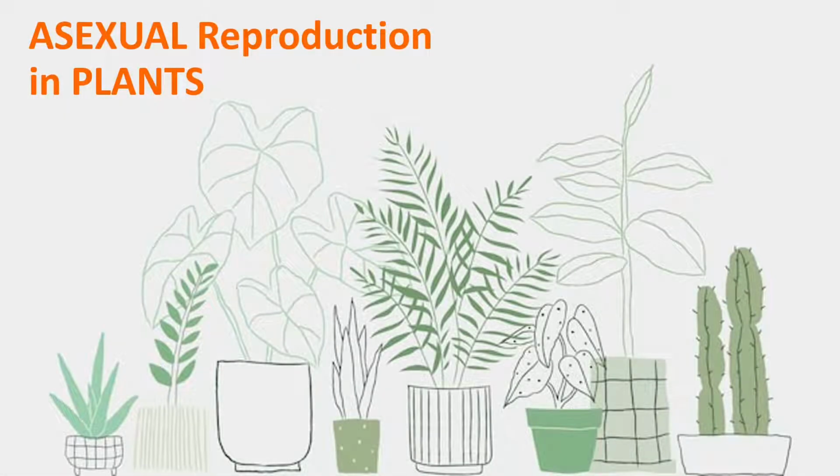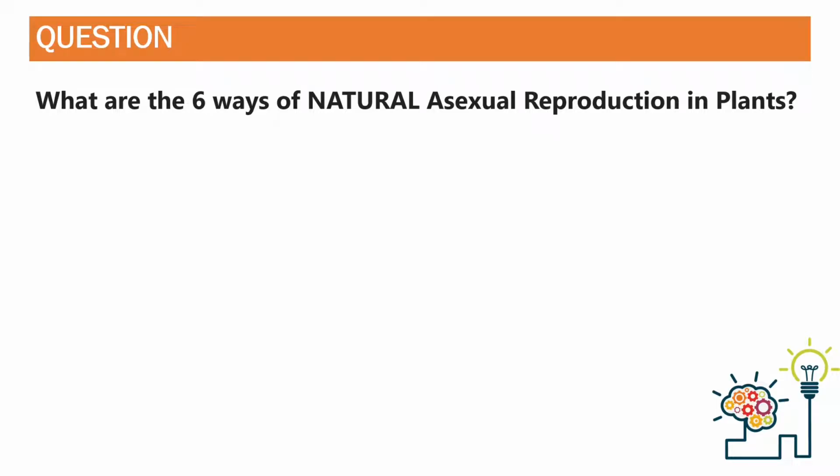Now that we know that microorganisms undergo asexual and sexual reproduction, let's now talk about the reproduction in plants, starting first with the asexual reproduction. Now, take note that there are 6 ways of natural asexual reproduction in plants. So what are they? For us to easily remember the 6 natural asexual reproductions in plants, just remember the